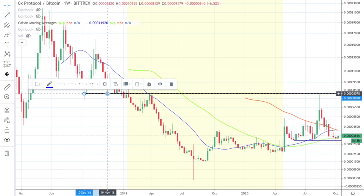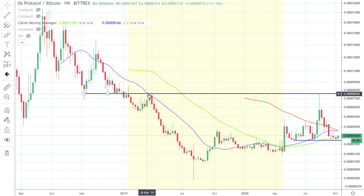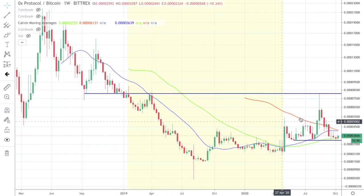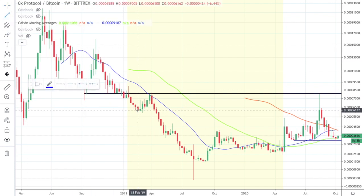But you can see how we had this bottom, we had this kind of a struggle. Eventually it came back and became resistance, and that is exactly where the tip of our most recent high touched. So this chart is looking really interesting as far as following support and resistance rules. Our weekly bottoms here